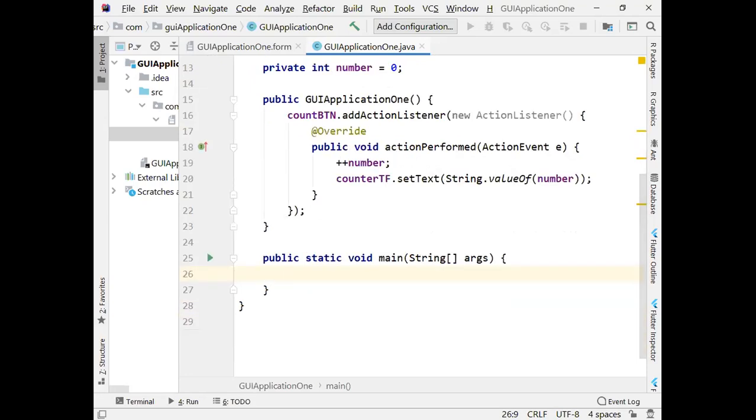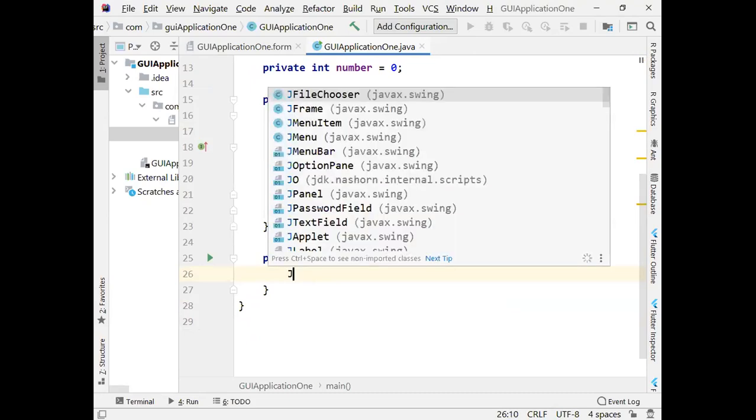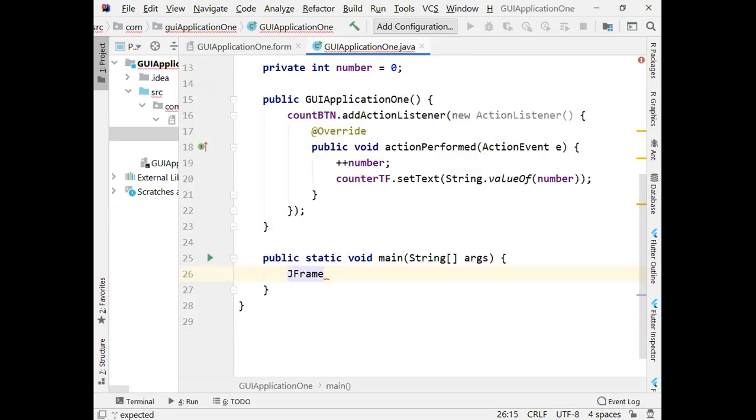Now, after doing that, I'm going to put in some code there to help me run my interface, to help me run the application. The first thing I'll put there is the JFrame. We want to now trigger the JFrame, the class for the JFrame. I've shown you what the JFrame is. We drew the JFrame. It has an icon, it has a title, and so on, menu bar, and so on. So JFrame, I'll give it an object name. I'll say frame equals new